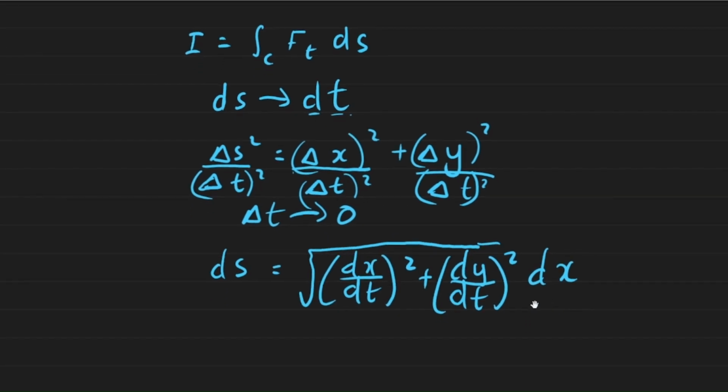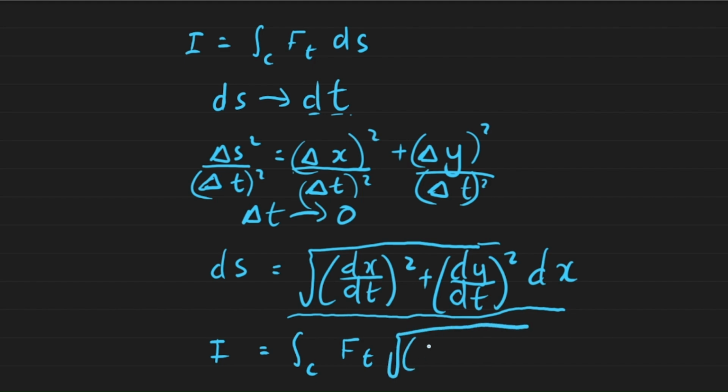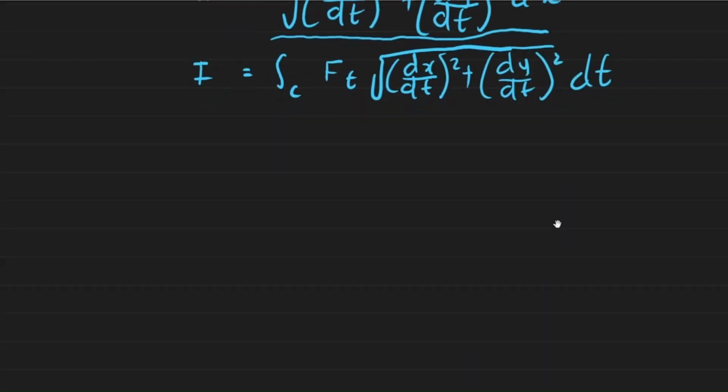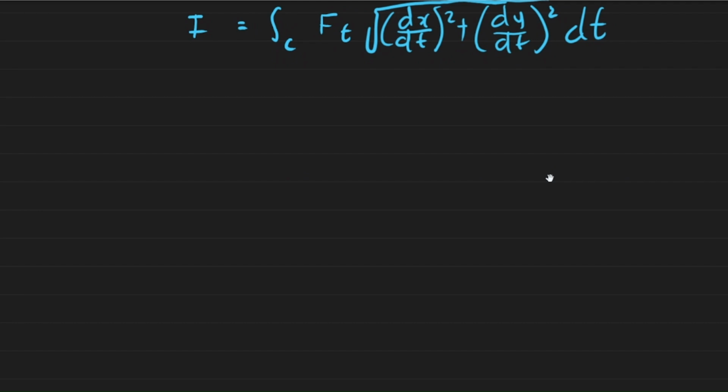So our line integral now becomes, substituted in for ds, the function times ds, and ds is everything that I've just underlined. So it's the square root of dx dt squared plus dy dt squared times dt. We can illustrate this through a simple numeric example, and that would be to evaluate the line integral I equal to the integral along some curve of the function 4xy ds,